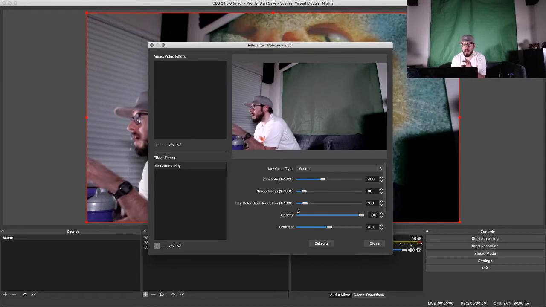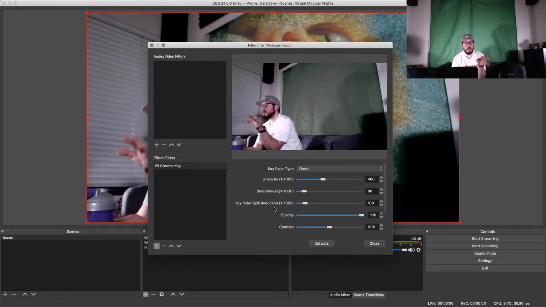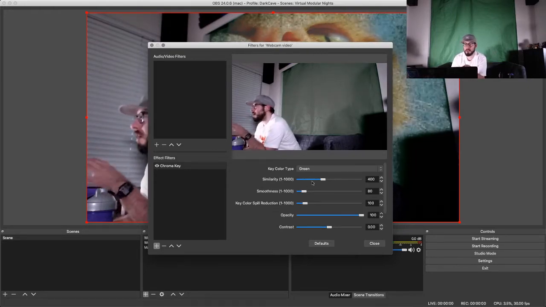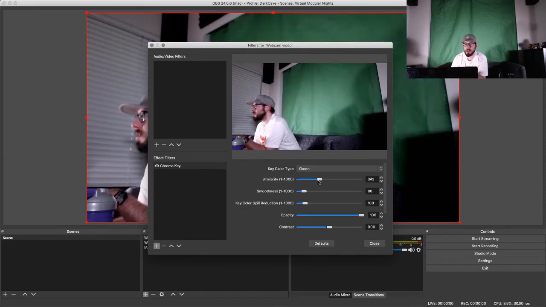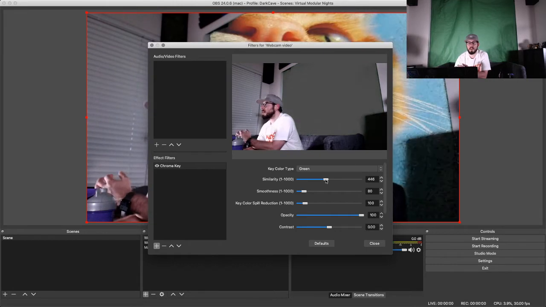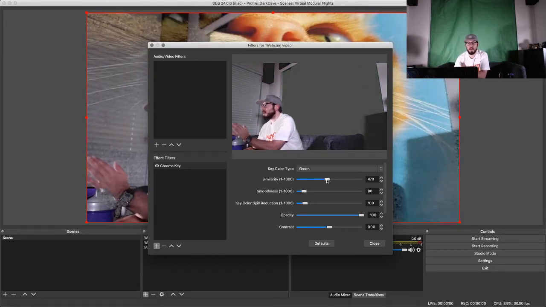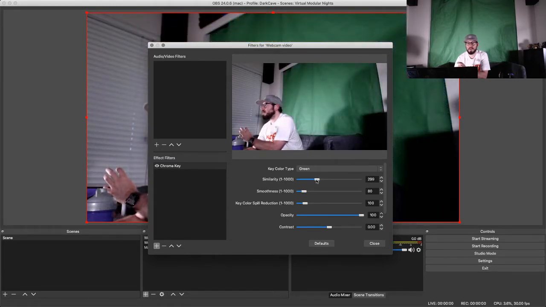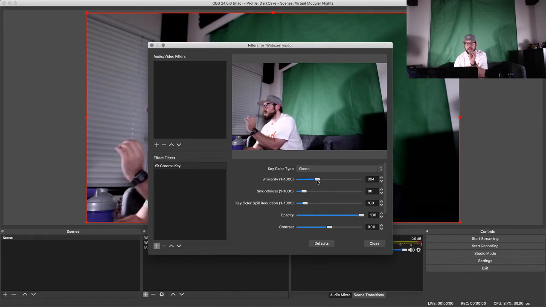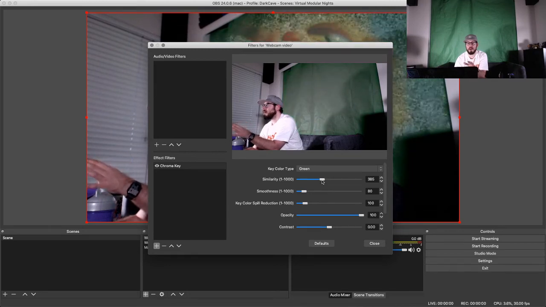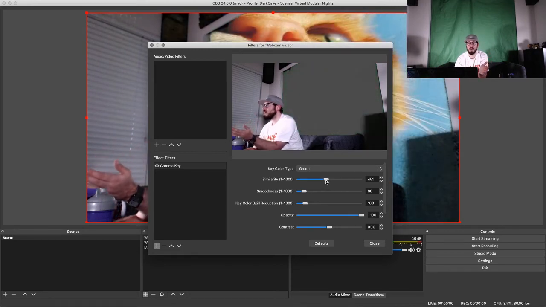So I don't actually want to key out on this camera. I want to use my other camera, but I'll just show you the settings that I will adjust. So you have your similarity. This is kind of like your threshold setting for how much of that color value of green it's going to key out. So if you can see, if I lower this, it's looking for a very specific color value of that green. But if I open up that threshold, it's going to allow more values of that color green to be keyed